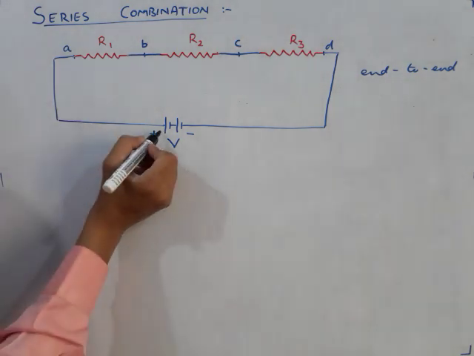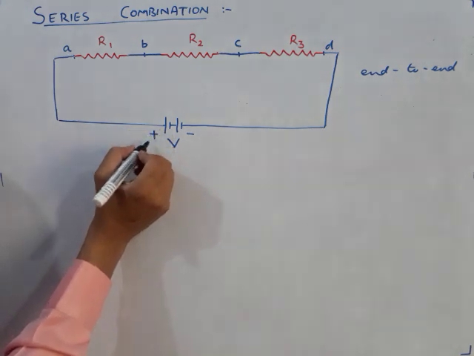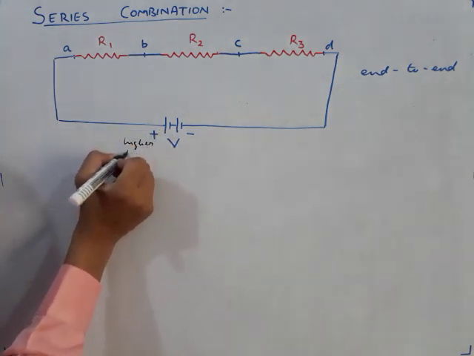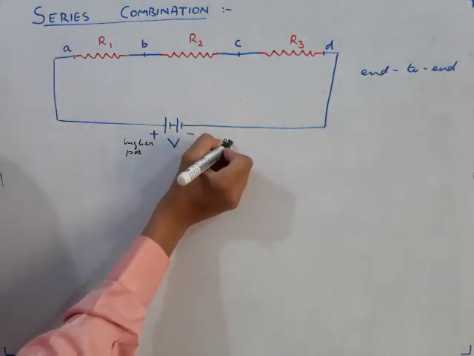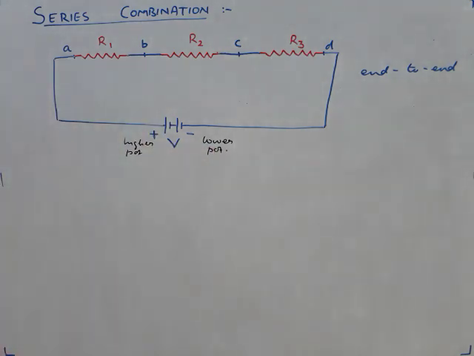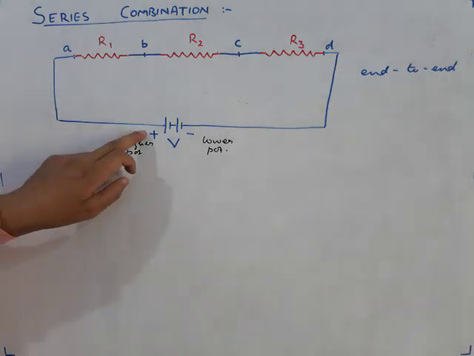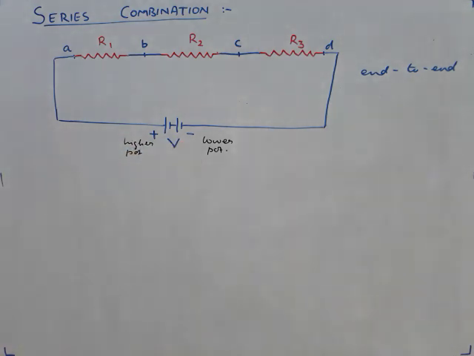This battery, as I told, creates a potential difference. See, the positive terminal is at higher potential. So this is at higher potential. And this side which is negative, it is at lower potential. Remember, plus and minus does not mean greater and less than 0. It means the potential which is higher is assigned plus value. The potential which is lower is assigned minus value.